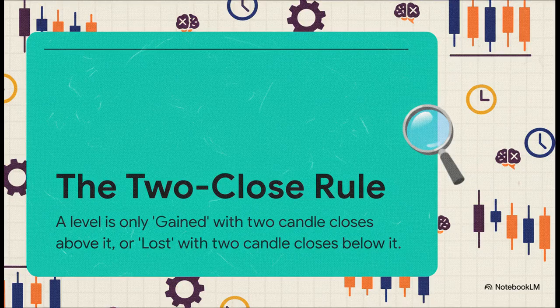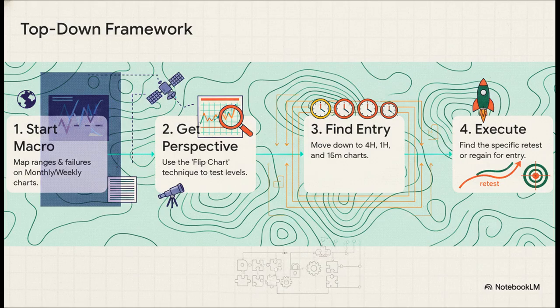So why 2? Well, one close can easily be a fake-out, a trap to suck you in. That second close is your confirmation. And psychologically, this rule is your shield against FOMO, that desperate urge to jump on a breakout the second it happens. It forces you to be patient. So your workflow, your process for looking at any chart is always the same. It's a structured top-down approach. You start way out with the satellite view, the monthly and weekly charts to find the major zones. Then you just zoom in time frame by time frame until you pinpoint your exact entry right there on the runway. It's methodical and it makes sure you never lose the bigger picture.